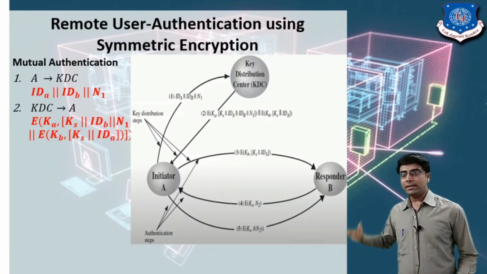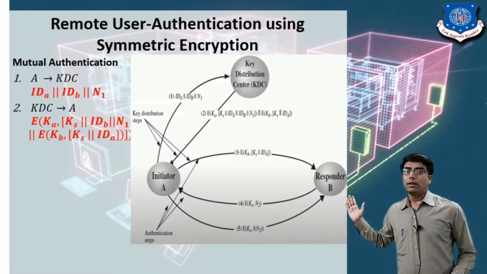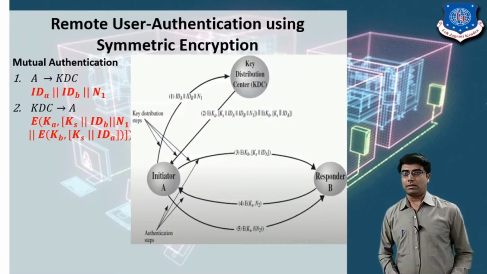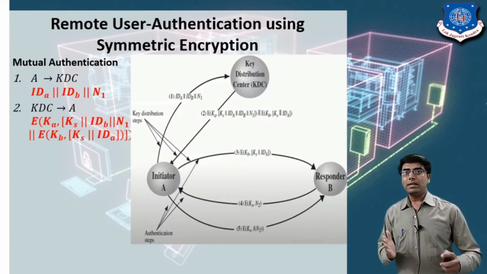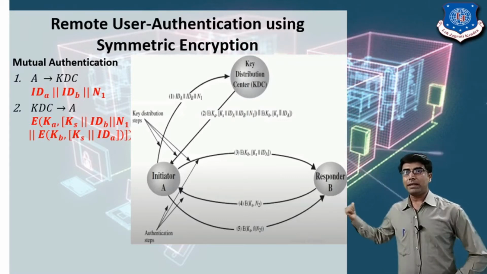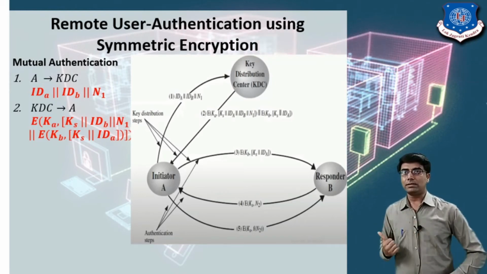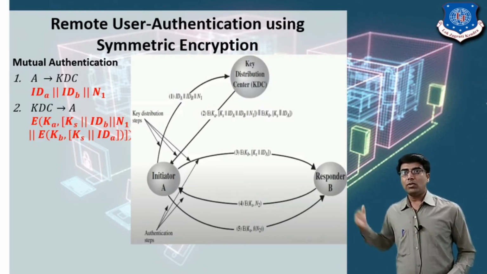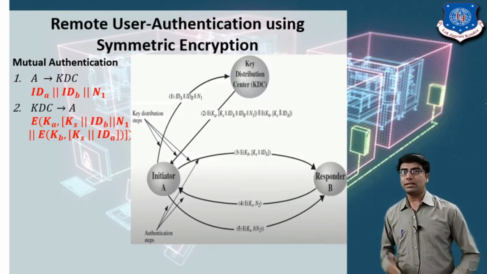So here the message is encrypted using user A's master key, and that message includes KA, the master key of user A, and KS, the secret key, or we can say the session key, appended with the identity of user B, ID B, and the nonce N1. So this is the first portion of the message, and the second portion of the message is